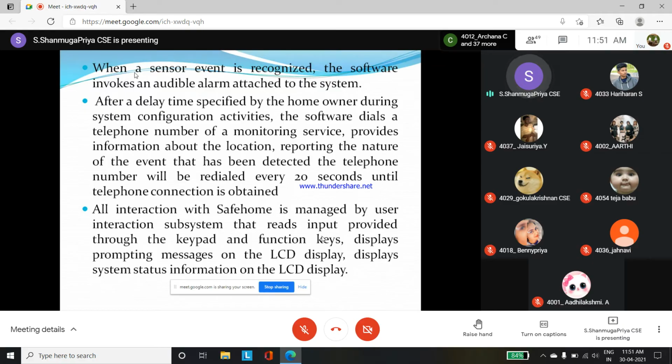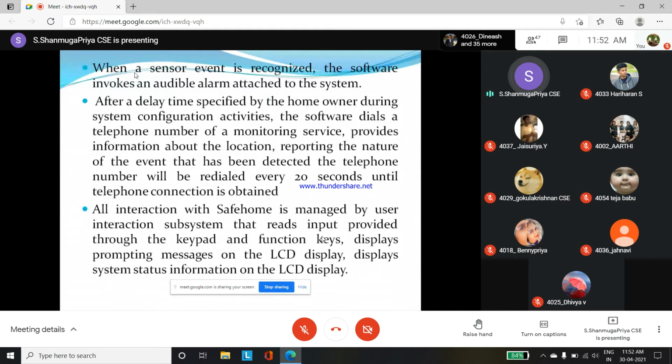If the owner is not accessing it, or they will take time to arrive, then automatically it has to send the information to the third parties in the database, or whichever other number we have stored, the information that this problem is occurring at this location. As well as every 20 seconds they have to get that information, what is going on inside that room, and we have to send it to both the house owner as well as the number we are storing for security purposes. So we have to make the information go to them too.